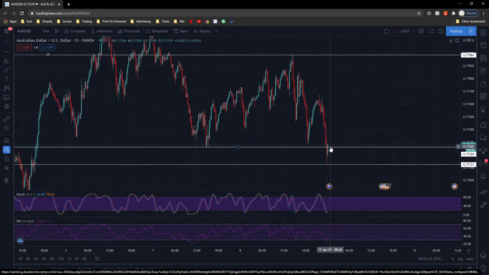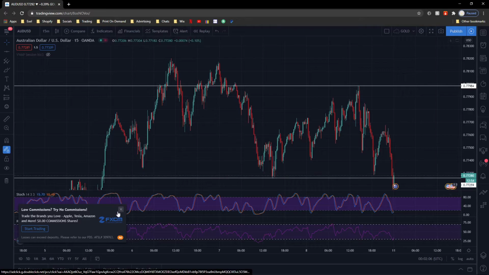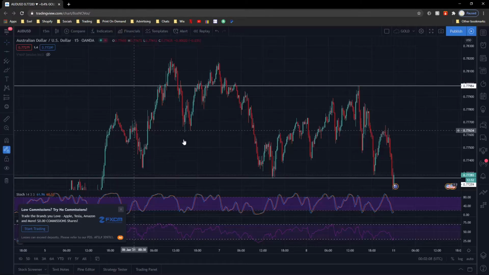And as you can see, it did pass the support line over here that we made, and it really did surpass it. It did go all the way down over here, but it did end up coming back up. And now if you made a buy position as it passed over here, let's say around here, you would have made all this profit, depending on how much money you have in your pips. Now that is pretty much just how to make a support and resistance line. I don't want to talk too much, so